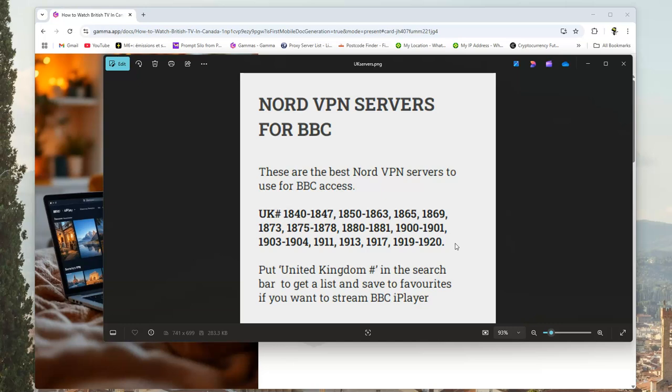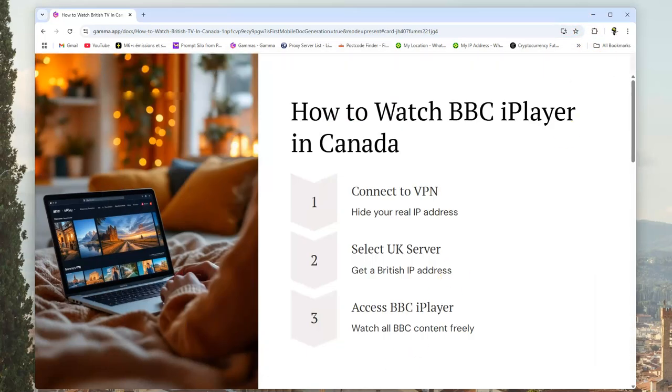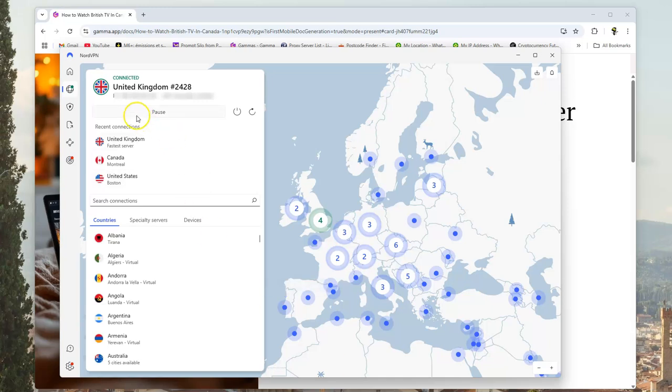It's best to use one of these specific servers. This is because NordVPN optimized these servers in particular to use for BBC iPlayer, and I'll explain why in a little while. But just for now, we'll just remember one of them, 1911 there. And we will start our